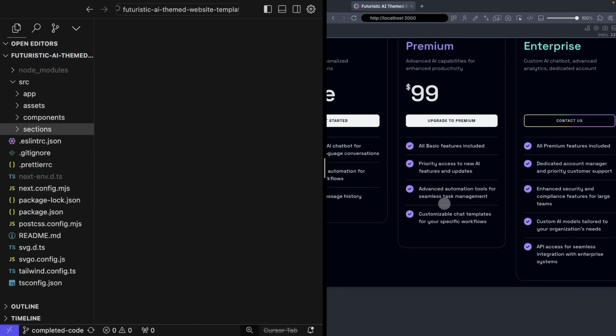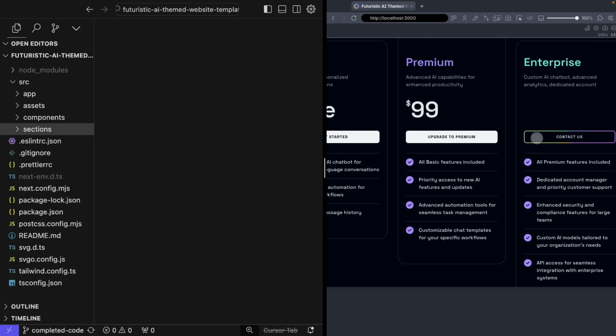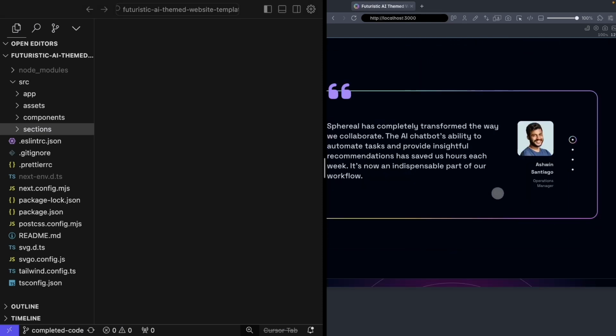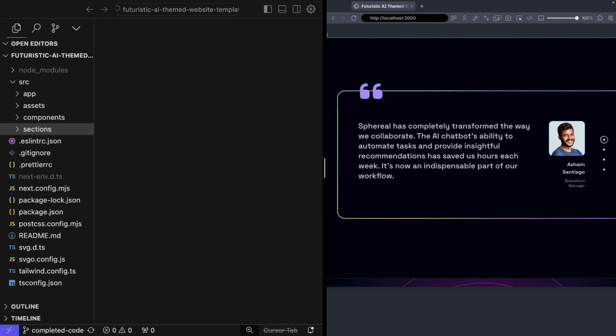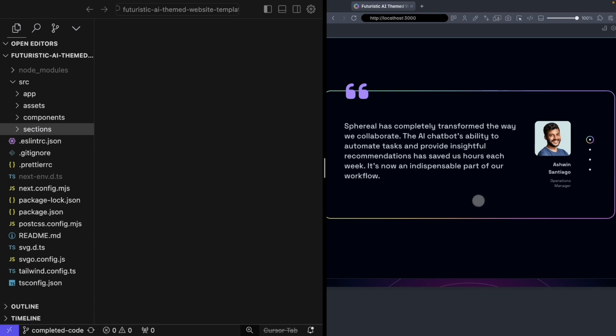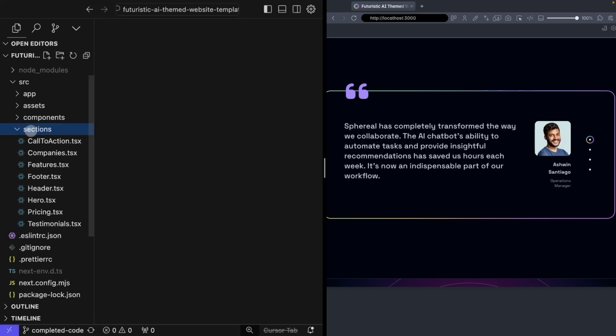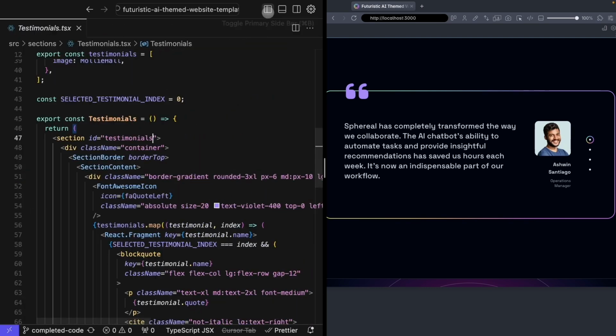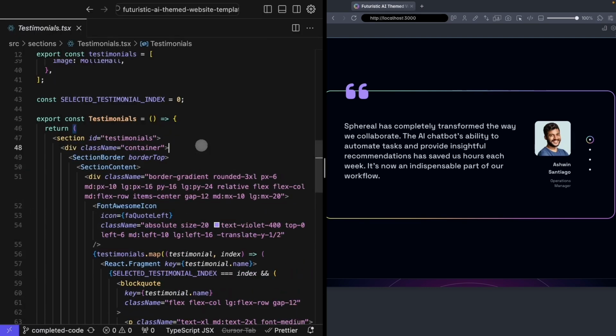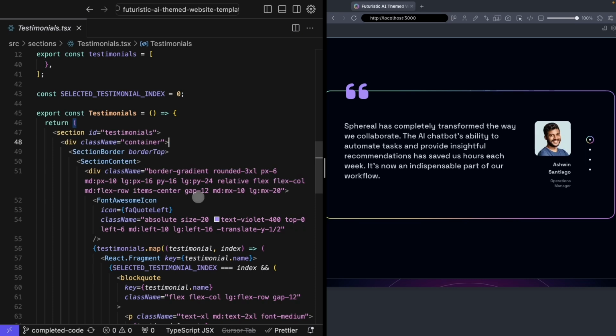Now that we've created a micro interaction for our button hover, let's go ahead, scroll down and go to the testimonials section. So this is something that we would like to animate between our different testimonials. Let's open up that section. Let's go to sections/testimonials. Go ahead and put in our sidebar. I'm also going to toggle word wrap on my code so we can see all of the code that we have available to us. And then we're going to look at this section to see how we can animate this